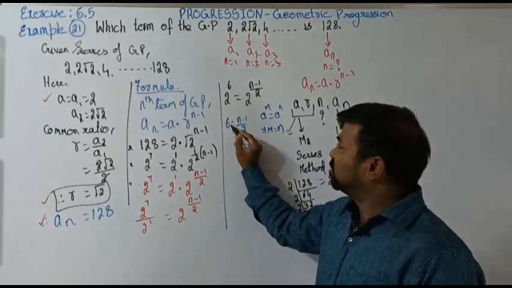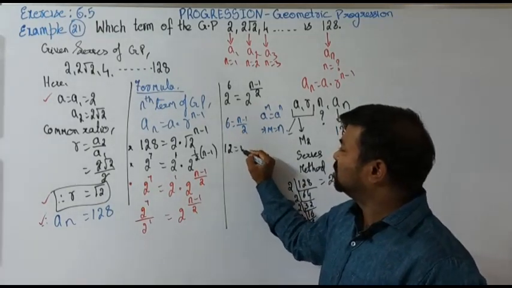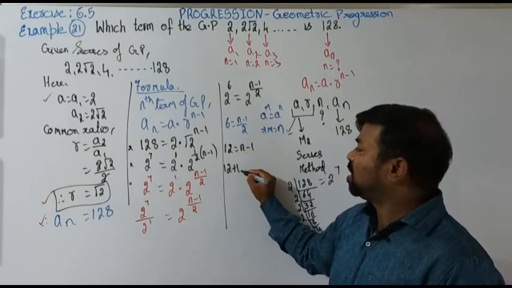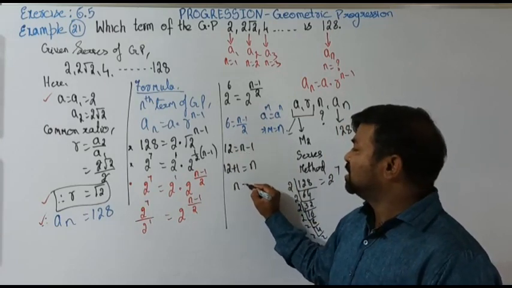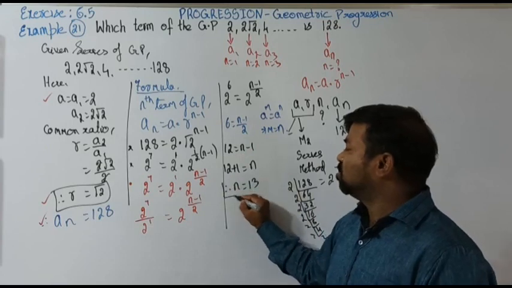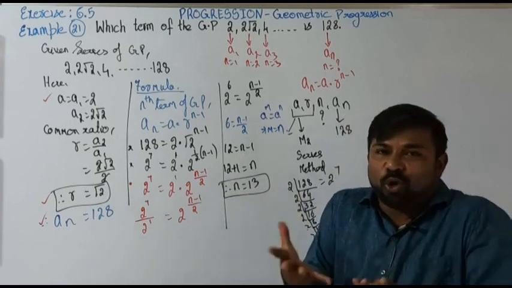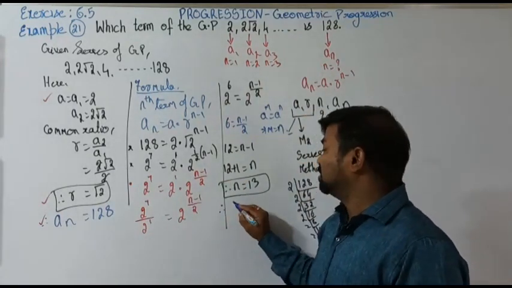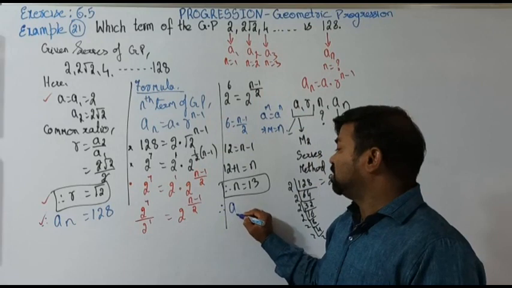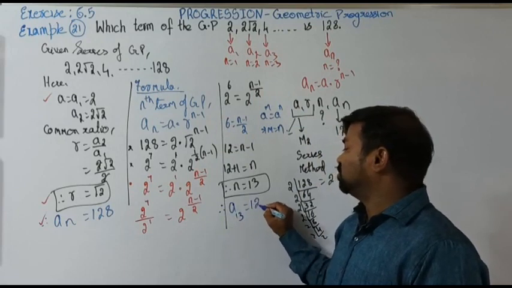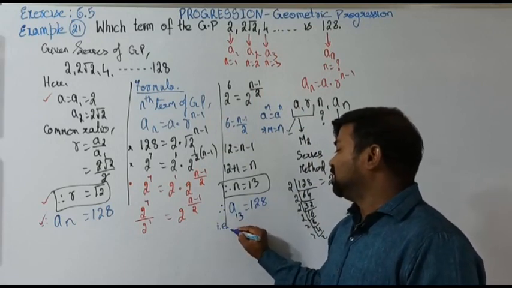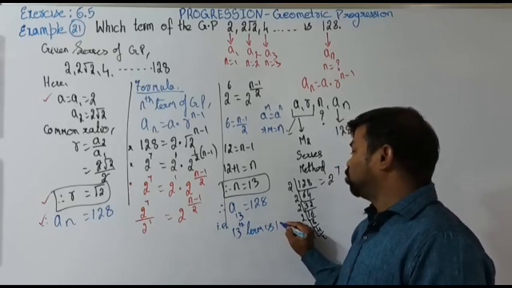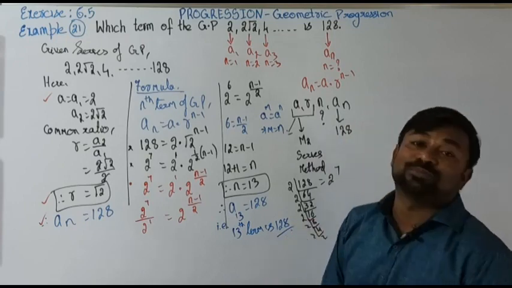So I am cross-multiplying: 2 times 6 is 12, equals n minus 1. Send minus 1 to the other side. 12 plus 1 is equal to n, and n is equal to 13. So what did you get there? What's the roll number of 128? Therefore, you can say A13 equals 128. That is, the 13th term is 128. This is how we are supposed to find it.